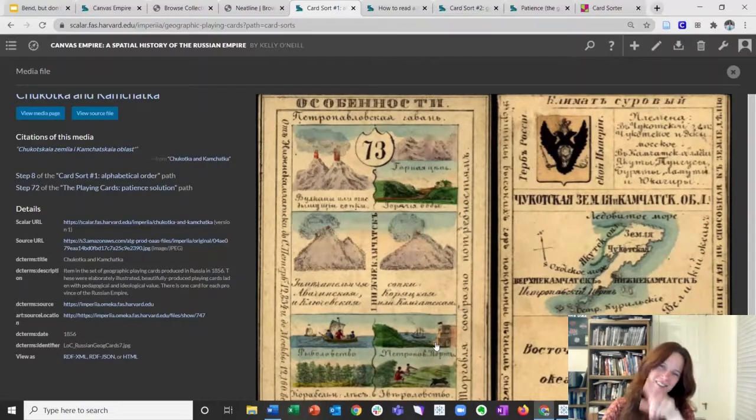And then there are these texts that go around the outside of each card. And the texts just pack in all kinds of information about population, the distance of the provincial capital from St. Petersburg and from Moscow, the area of the province, and there are notes on climate, on soil quality, on trade. It's just an incredible wealth of